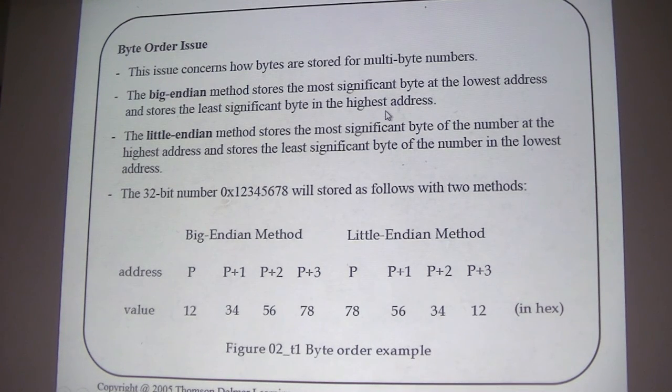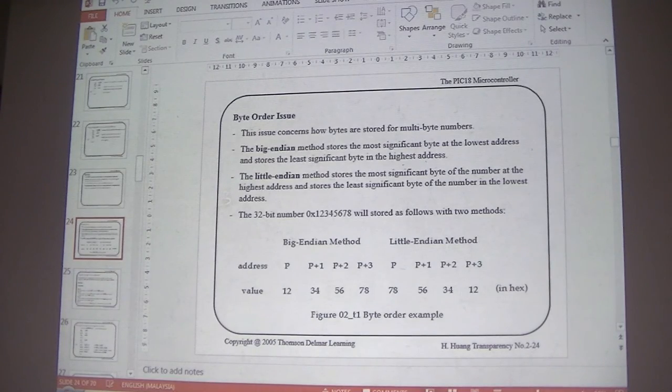This is the reverse of what we are doing now. We are actually following this little Endian method, which stores the most significant byte of the number at the highest address and stores the least significant byte of the number in the lowest address. Now this is what MPLAB is actually